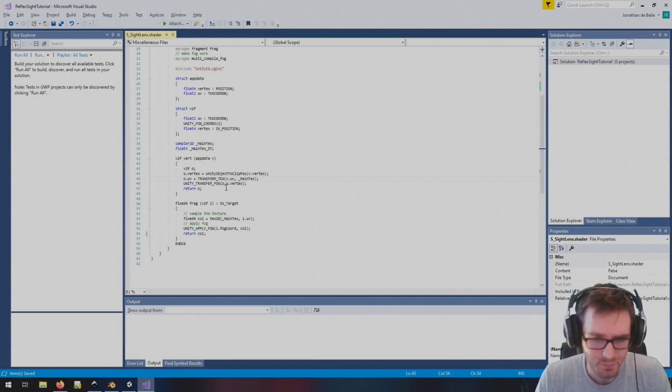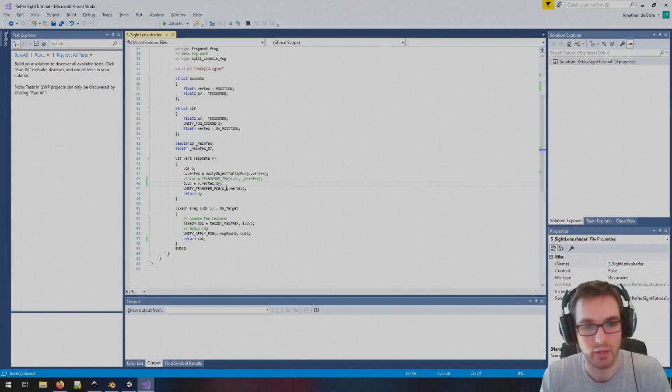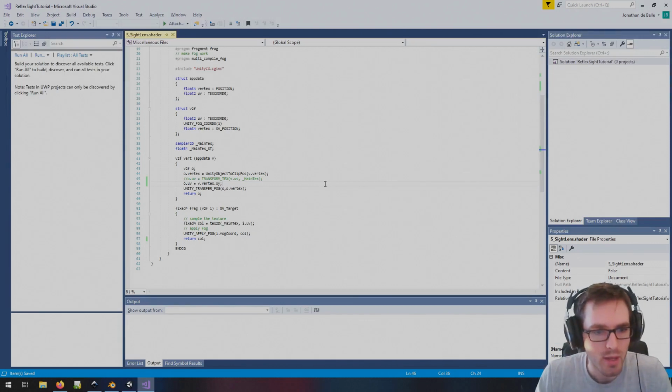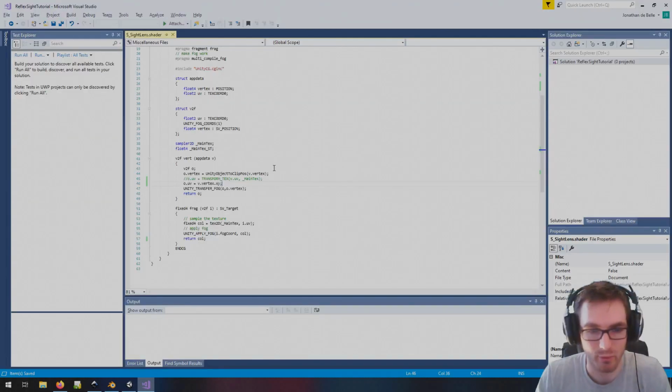So to do that, we're going to essentially remove this line over here, and we are going to make the UV equal to the vertex positions x and y. So essentially it's just going to be v.vertex, and we want to just keep the x and y coordinate, and that's going to essentially now generate us a UV map based off of that. So normally, if everything goes well, it doesn't always go well, we should have our site appear over here, but of course it doesn't,